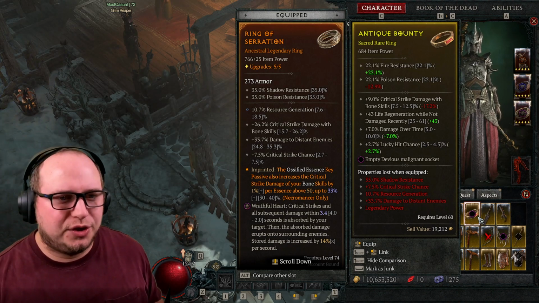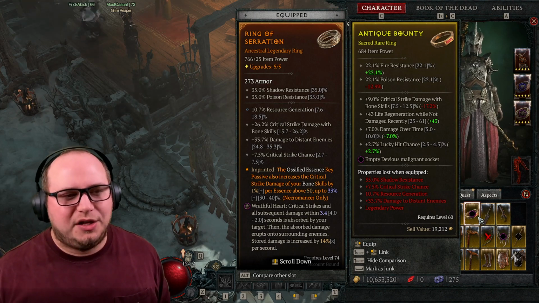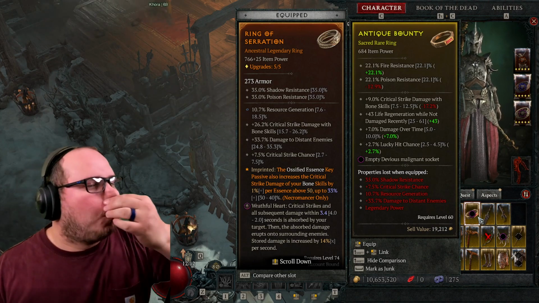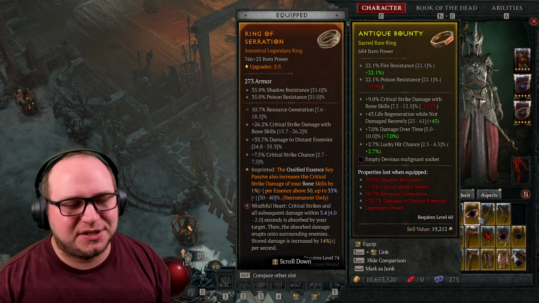Lucky hit chance, good. Critical strike damage with bone skills, good. Crit rate would be better. Different modifiers there, right? It doesn't matter what the item power is. Look at the substats. Once you get past level, I would say 60, 65, even up to 70 at the